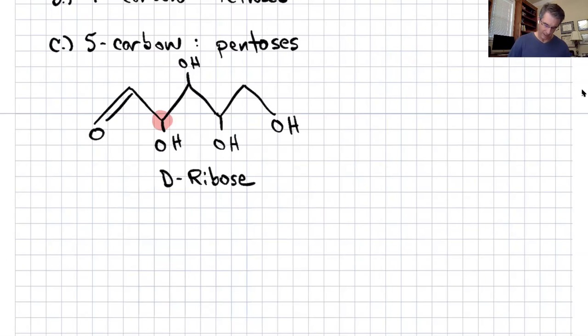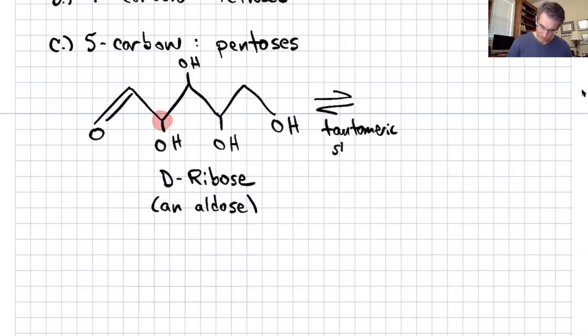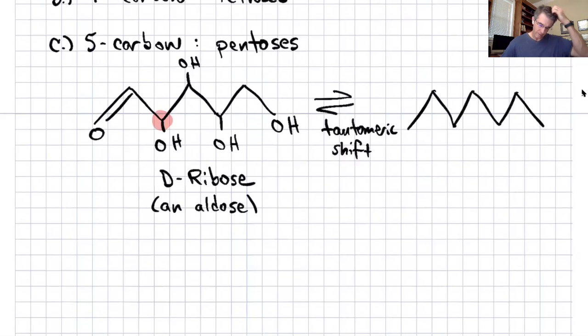Okay, and ribose is, of course, an aldose, because again, we have an aldehyde group. Now we run the same tautomeric shift with D-ribose. We can then generate the appropriate ketose version of this 5 carbon sugar,